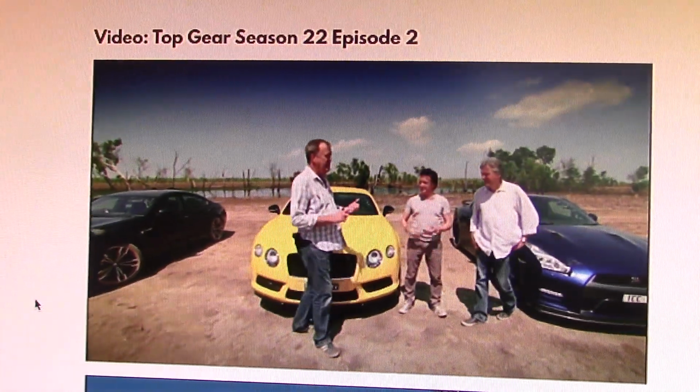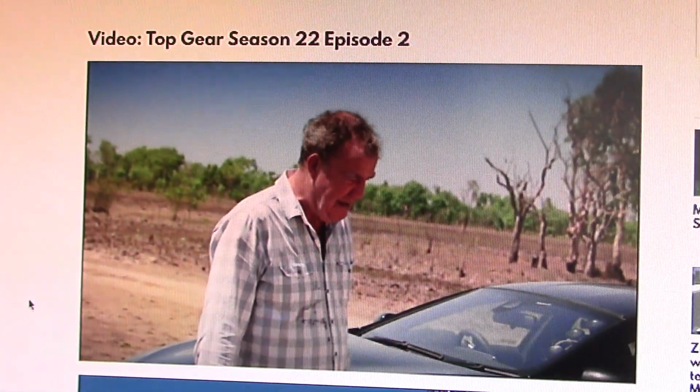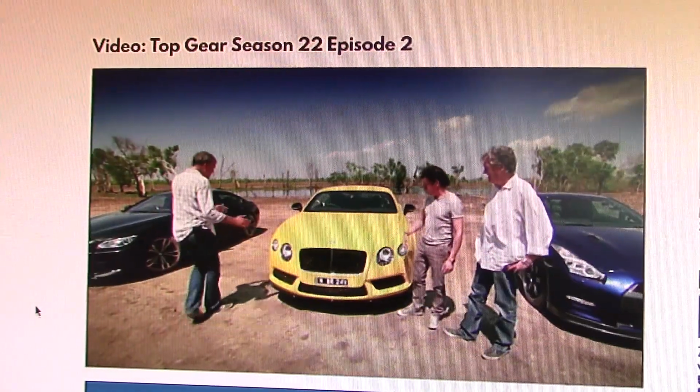I hate the Bentley Continental. God, I love the Bentley Continental. I don't understand that, because they haven't changed the styling much. Not since, I mean, it's been around a while now, but then you just woke up one morning and I went, that looks really...